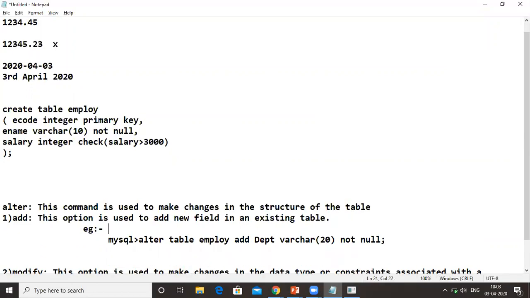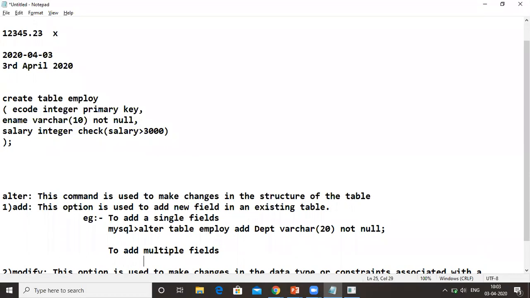So you can write this to add a single field. And suppose you want to add multiple fields, you will write it like this: in MySQL, alter table employee add